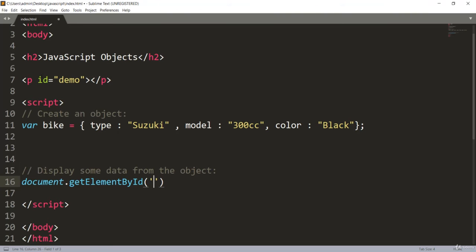So we want to change this paragraph of demo to the element of the bike. So let me just say over here, this is paragraph first. I want to change the content of this paragraph to the var, which is basically the data of the object. First of all, I want to get that element which is demo, because we want to just grab this paragraph, and now I want to change this element,